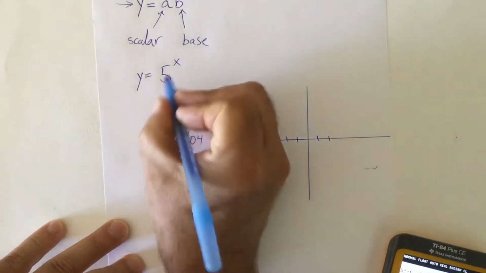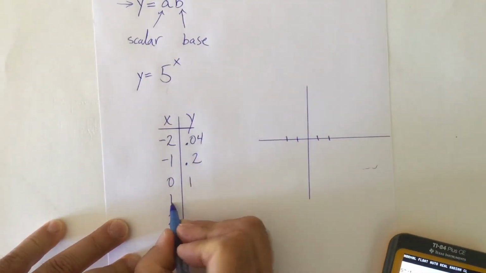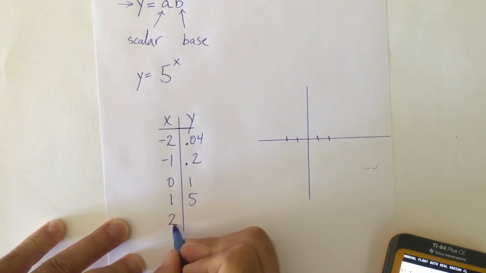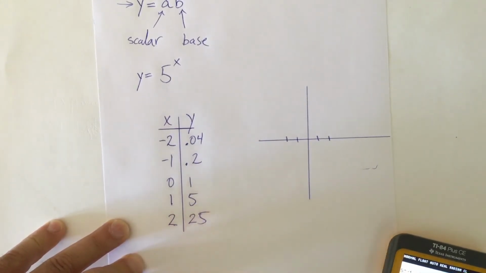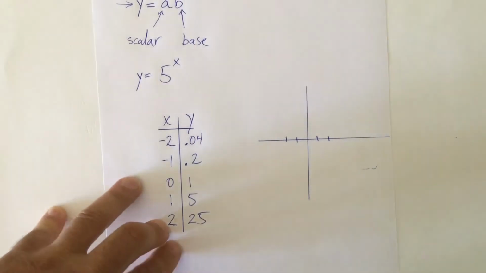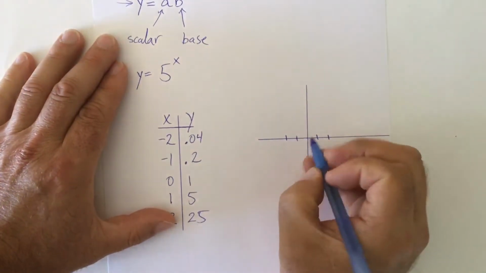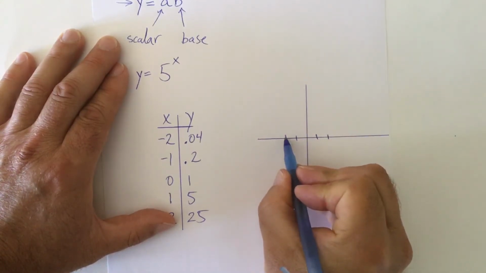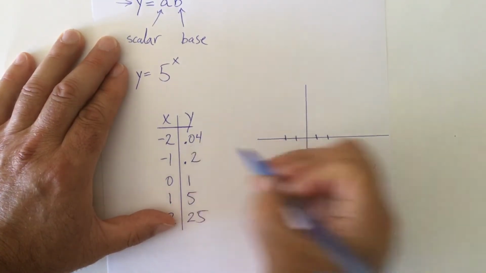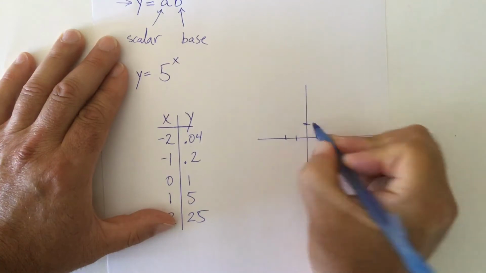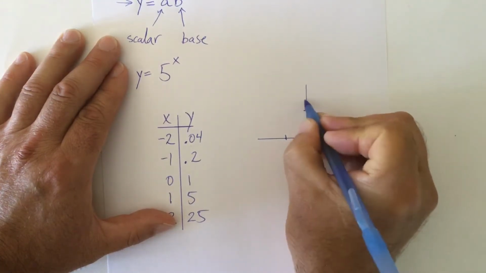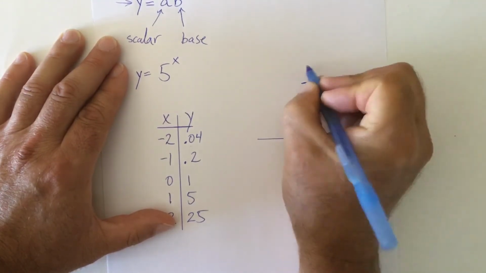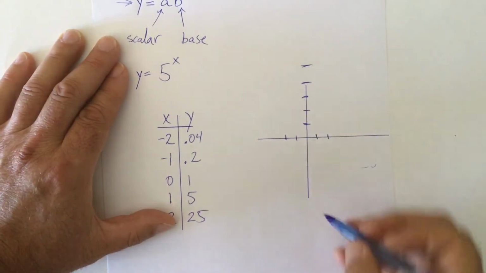What's 5 to the first power? If I plug in 1, I'd get 5. And 5 to the second power, that's 25. So here we go. We're going to sketch a quick graph of this. When I plug in -2, I get out a very tiny number. Well, if I'm going to graph, let's say that's 1, that's 2, that's 3, that's 4, that's 5,